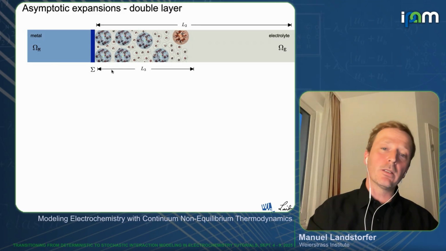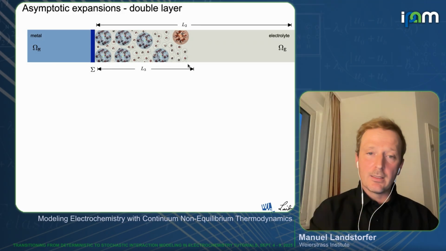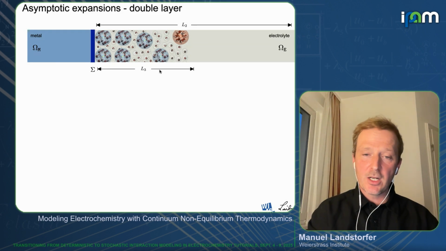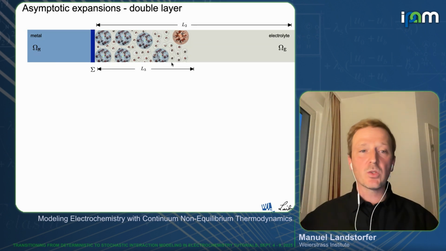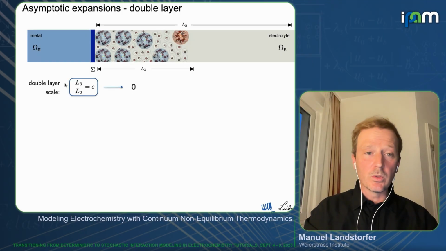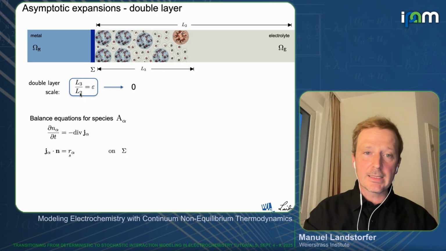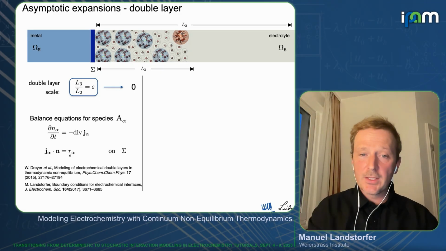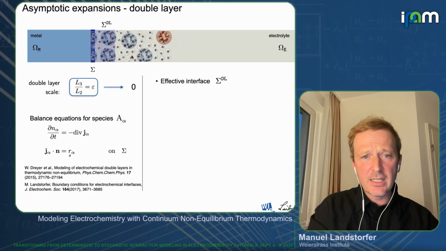Just by figuring out that the spatial dimension of the space charge layer is, compared to a macroscopic electrolyte, rather small, you can do mathematical tricks in order to shift this space charge layer into